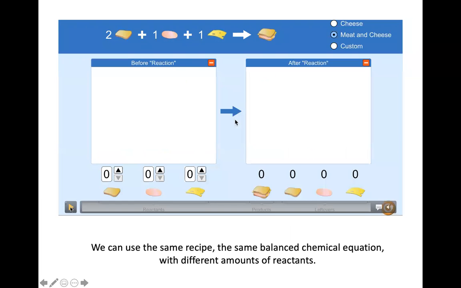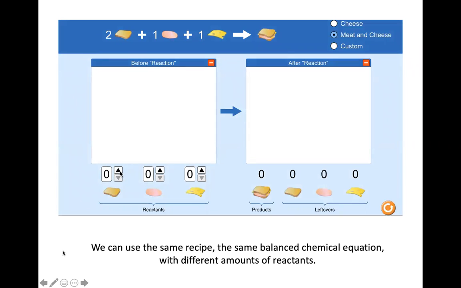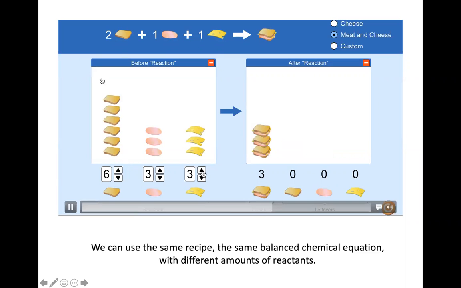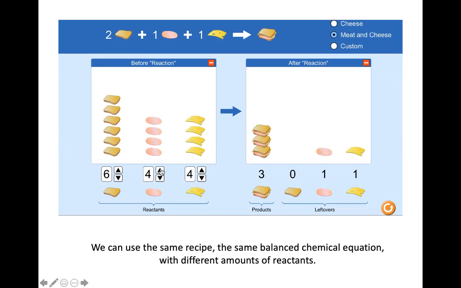Let me show you a little bit as far as what I mean. So let's say we're making sandwiches here. At the top, we have listed our recipe. We can have different amounts of bread, meat, and cheese and make sandwiches along the way. I can change the different resources, the different reactants that I have. And depending on the proportions I have, I'm making different numbers of sandwiches. But notice way at the top, I'm never changing my recipe. My recipe is always staying the same, even if I change the number of reactants. We will end up using that information, but we're not going to change the coefficients that we have within our recipe.